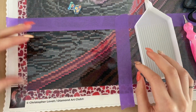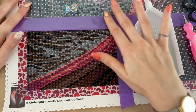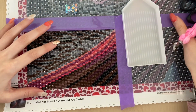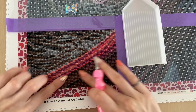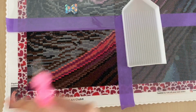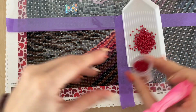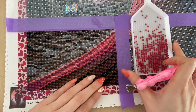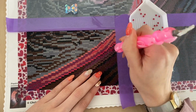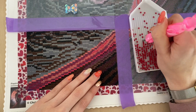This is the part where I want to tell you why I currently work on this canvas. I told you guys that this one is called Succubus. It's from Christopher Lowell and it's a Diamond Art Club painting. And I do this one for an event that is hosted by my friend. She doesn't really have a channel over on YouTube, but she has Instagram, so you can check her out. The event is called Women Who Sparkled